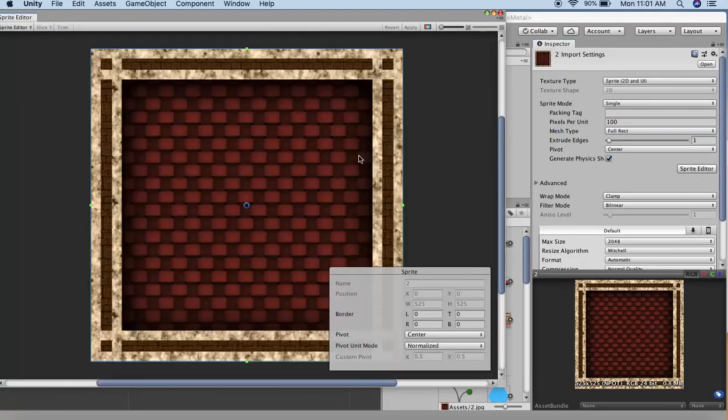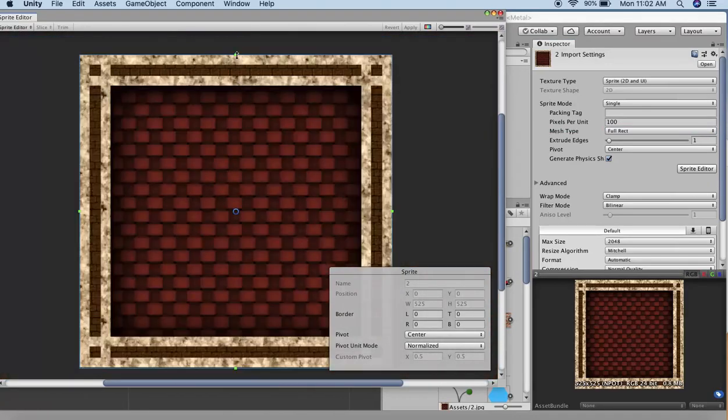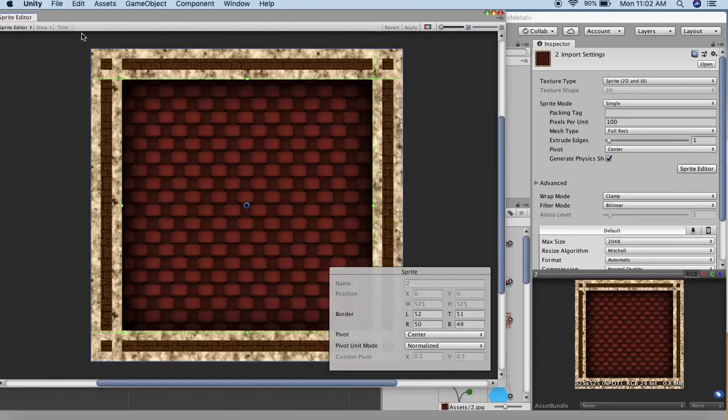So this is the Sprite Editor screen. If I can zoom it up, there are green lines with dots here. You'll have to use these green lines and convert this into a 3x3 grid. So here it goes from the top, from the left, from the right, and from the bottom. If you look at it closely, it has been converted into a 3x3 grid. Click on apply and exit.